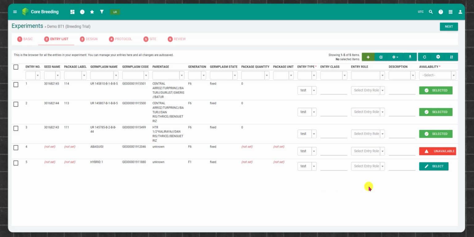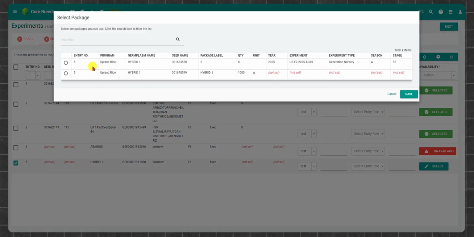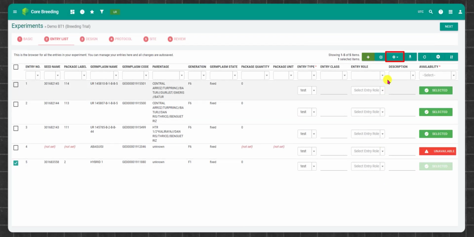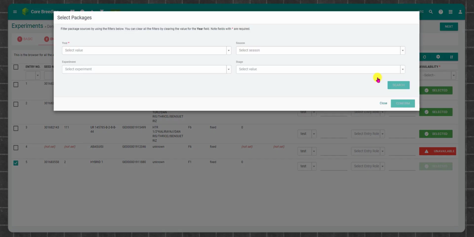record for that entry. If there are multiple package records available for an entry, a status of Select will be displayed and will require you to choose from the available package records one entry at a time. The same can be done in bulk using the Settings button on the toolbar and selecting the packages for all or some selected entries. We are then asked to supply some details so that the system can filter the package